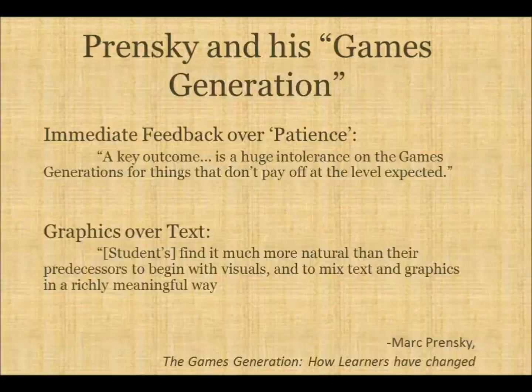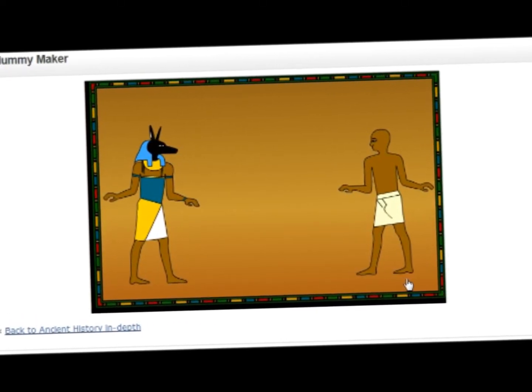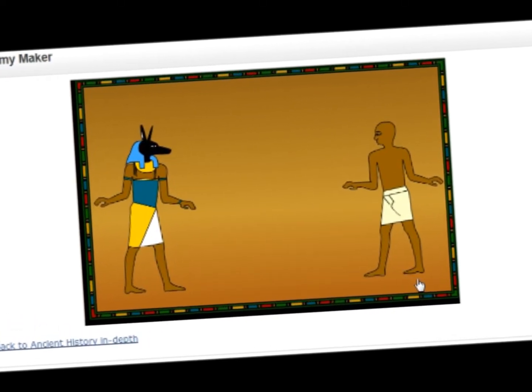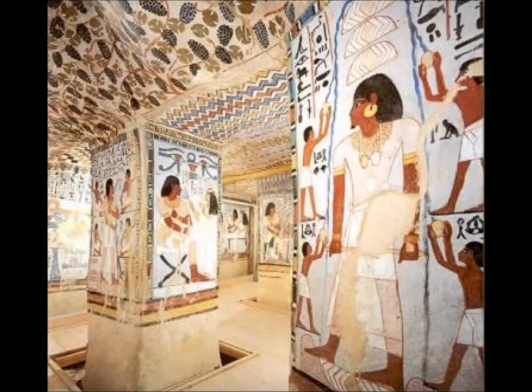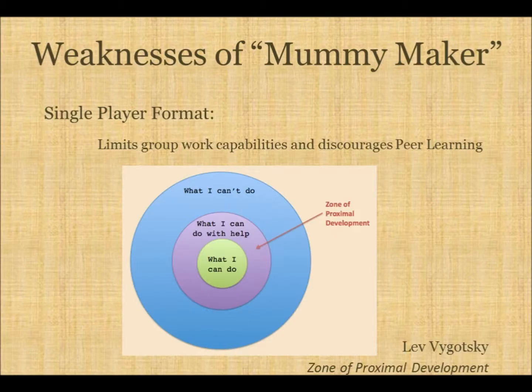Additionally, the minimalistic form of the graphics is reminiscent of ancient Egyptian art styling, meaning the students learn not only about ancient Egyptian burial practices in Mummy Maker, but are also familiarized with the art from the area of study. A possible weakness lies in the single-player format of the game, which limits group work capabilities